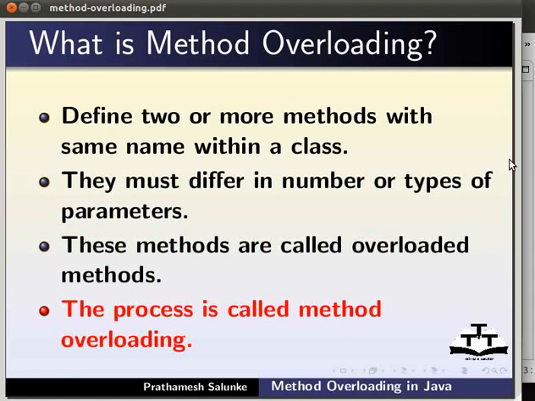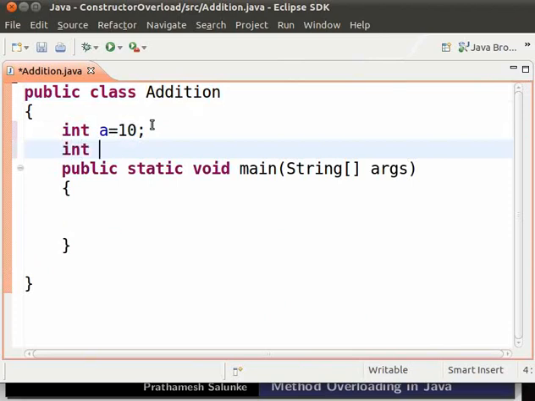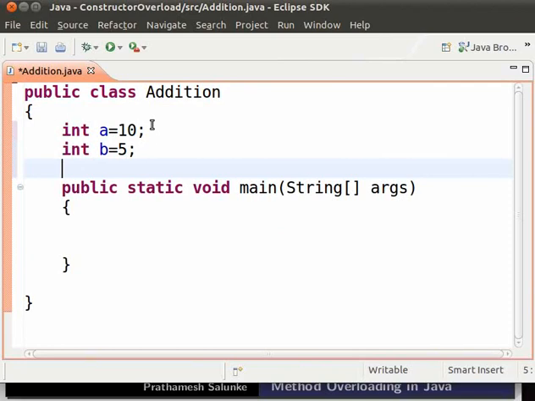In Eclipse, I have a class addition. Inside the class, we will declare two integer variables. So type int a equal to 10 and int b equal to 5. Let us create a method to add these two integers. So type void add parenthesis